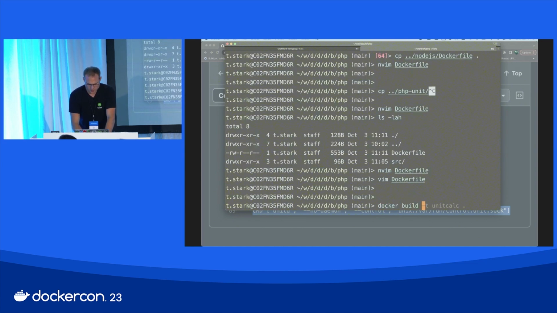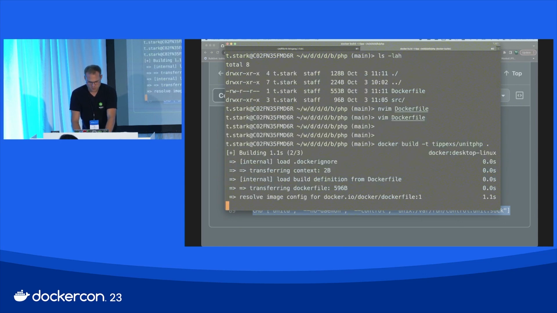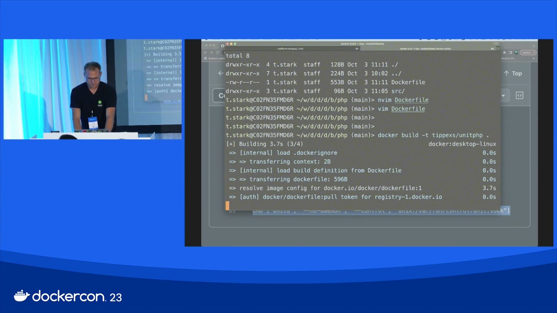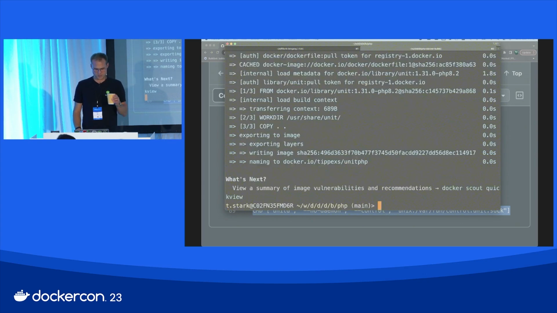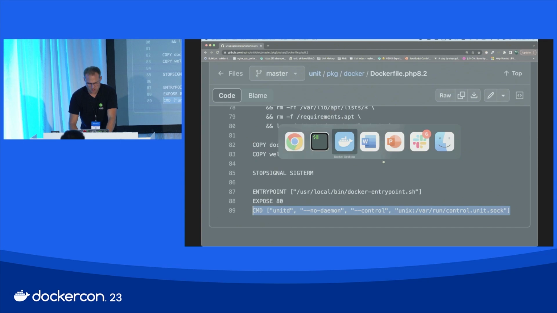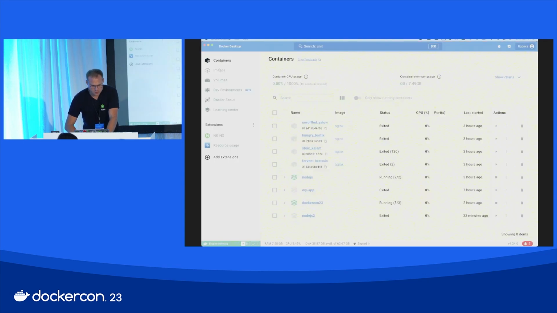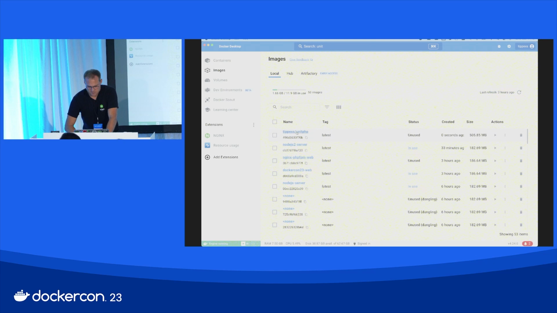So now when we do Docker build, -t is tagging, so you can define whatever you want. So we name it /unit, unit PHP, dot. So now it's here. So when we do Docker images, that looks also awful. So now we do this and do images. So it says it's unused, it's this size,